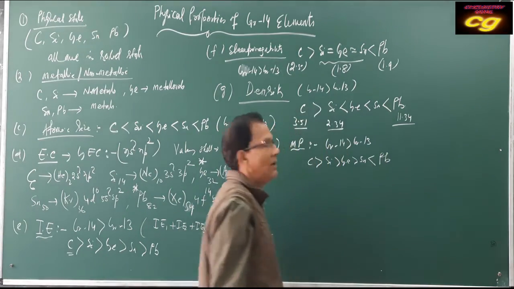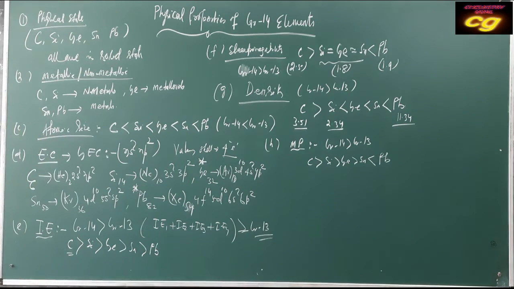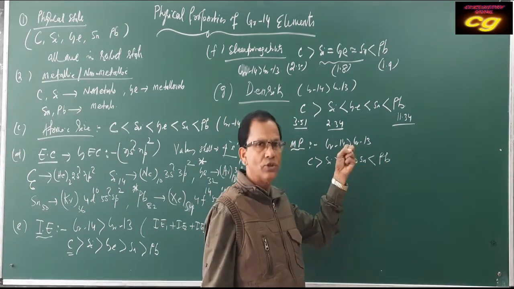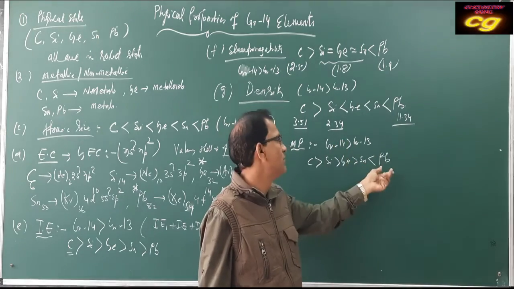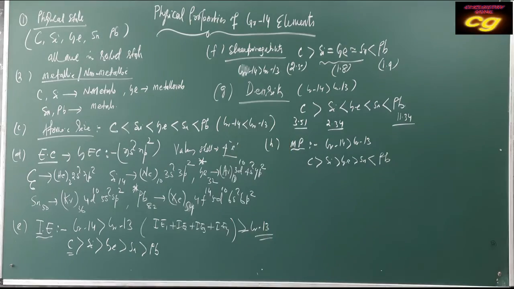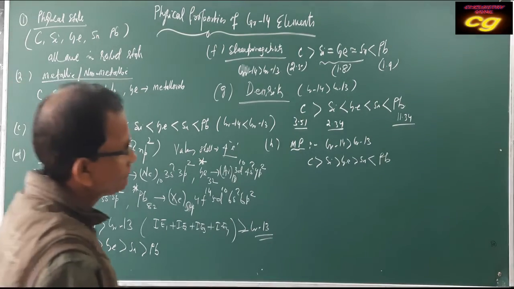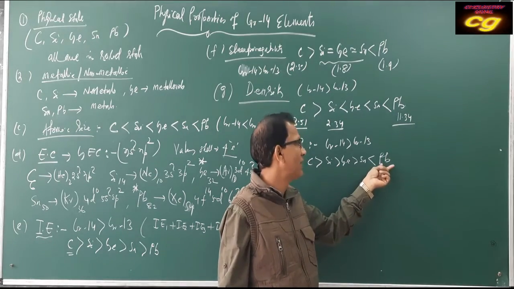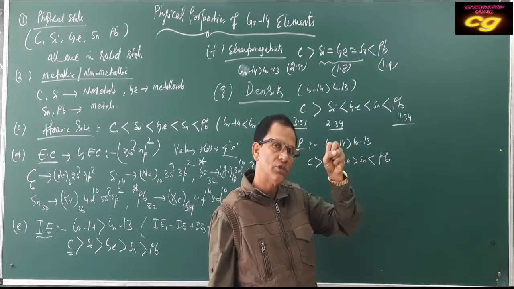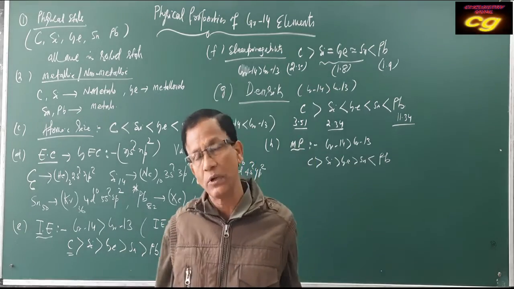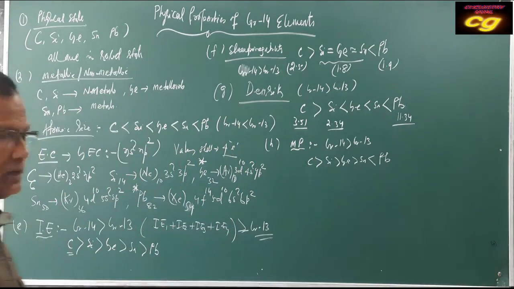Here Pb has more metallic character, and a very close packed structure is produced. In the case of lead, the close packed structure is more, so the metallic bond strength is more. That's why lead has a high melting point. The electrons are tightly bonded by the lead due to the poor shielding effect of the f subshell. The outermost valence electron is tightly bonded by the lead atom. That's why it has a high melting point.